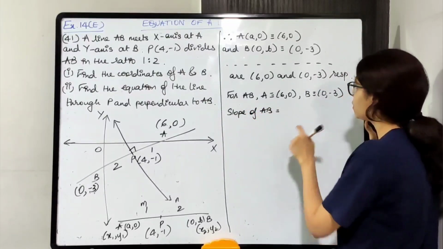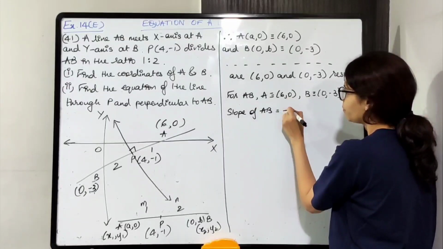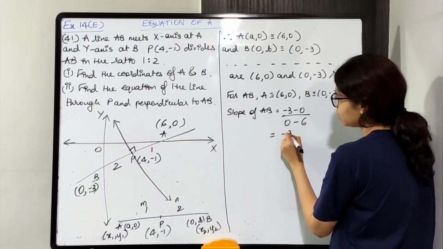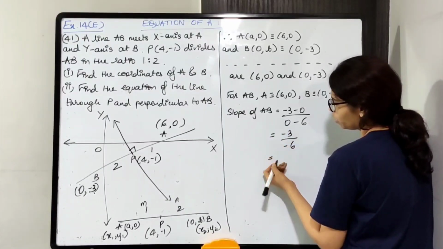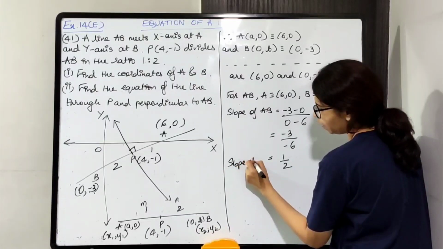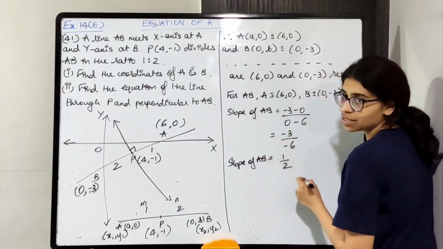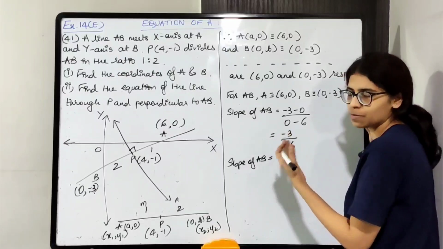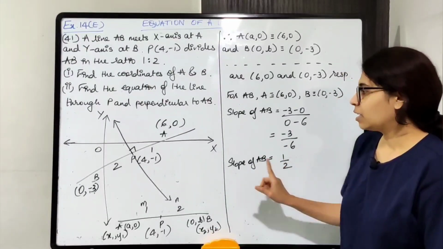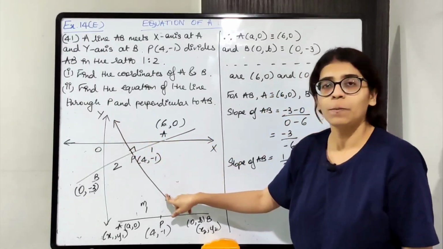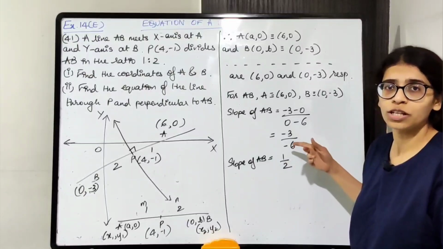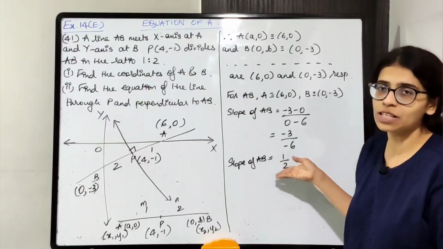Subtracting y coordinates first, -3 minus 0 upon 0 minus 6. That will give -3 upon -6. So it becomes half. Okay. So slope of AB half हो जाएगा. Minus minus cancel हो जाएगा. Basically minus into minus plus हो जाएगा. Okay. So slope of AB we got half. Now we'll find the slope of the line perpendicular to it. It will become negative reciprocal. हाफ का रेसिप्रोकल 2 हो जाएगा and sign will change. यहाँ पे पॉजिटिव है सो माइनस हो जाएगा.